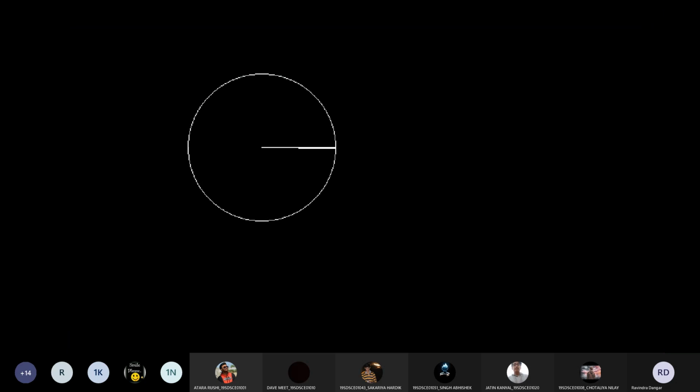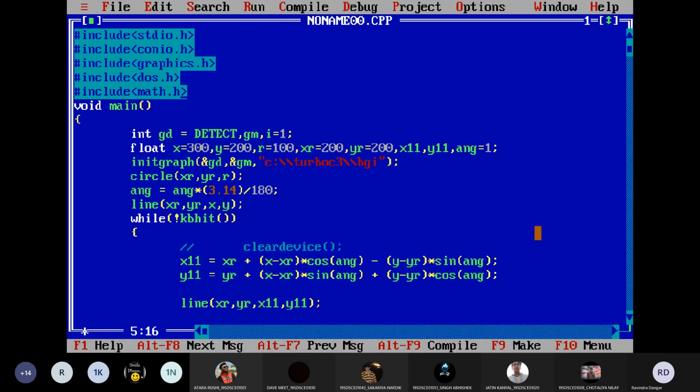You can see at an angle of 1. No, we are going to clear the previous device or previous object, so it is not an issue. As of now, you will see that we are not able to get the line correctly, but very soon we will clear the previous object, so it will draw only the new line, so it is not going to be a problem.